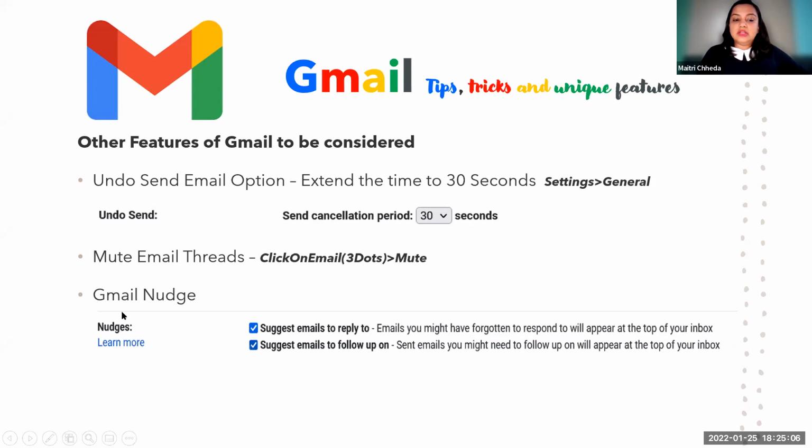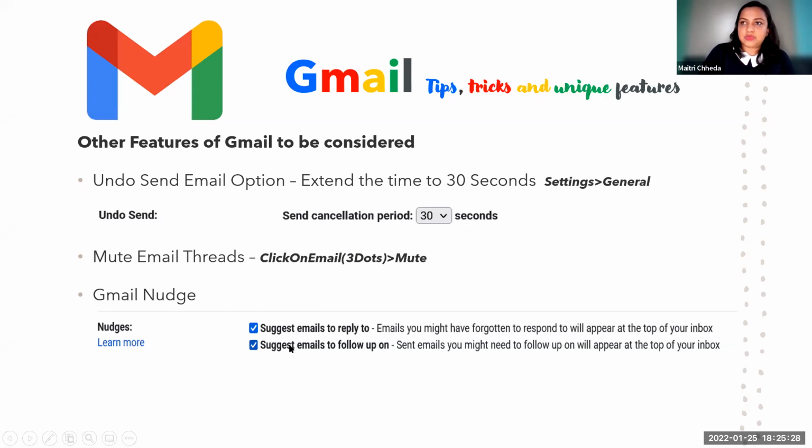Then there is a very good option, Gmail nudge. In case you have not already enabled it, I would recommend that you enable it, where it suggests emails to reply to and suggests emails to follow up on. Sometimes you've kept a certain email unread for quite some time, and based on your usage, Gmail will give you a nudge.